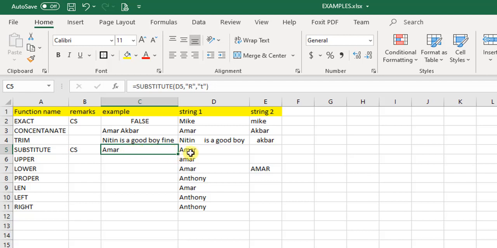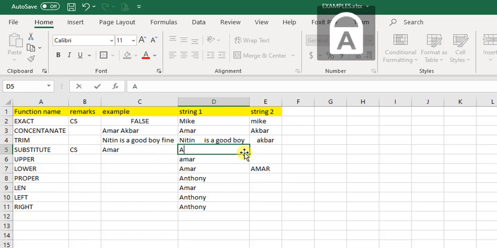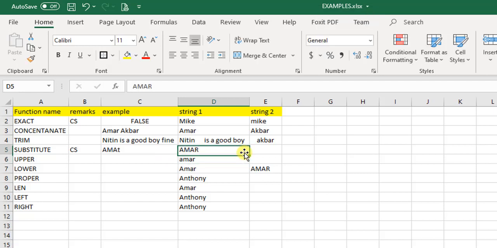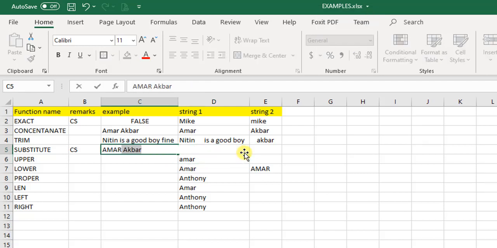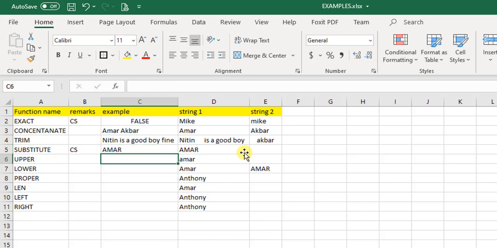Now let us see what I meant by this. For example, if I have Amar over here, and I type here all in caps so we know what it is. So now in both these columns I have the word Amar.